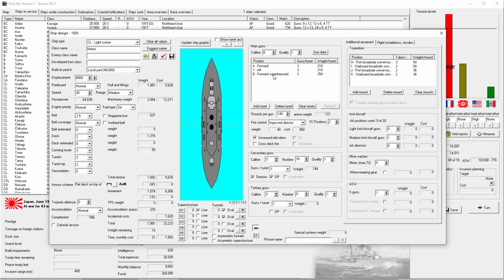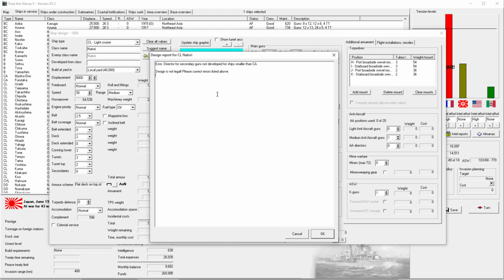Uvox says it's 10%. Thank you. 0% just didn't seem worth it for some reason. This is a very heavily armored light cruiser. I mean, look, we're at the maximum. Secondary guns not developed for ships smaller than...